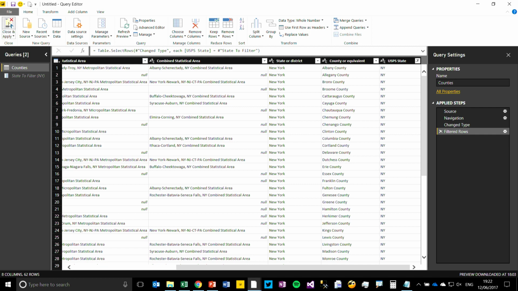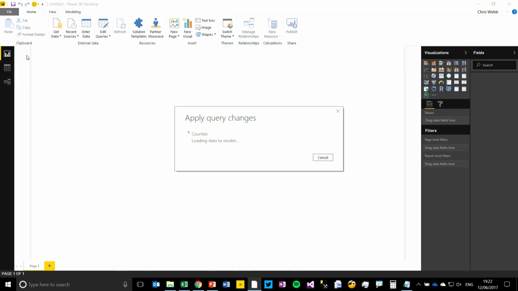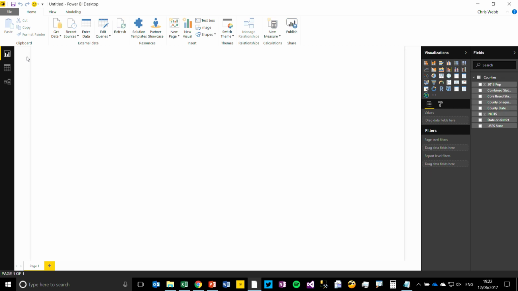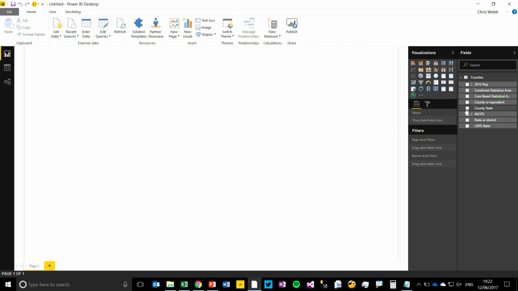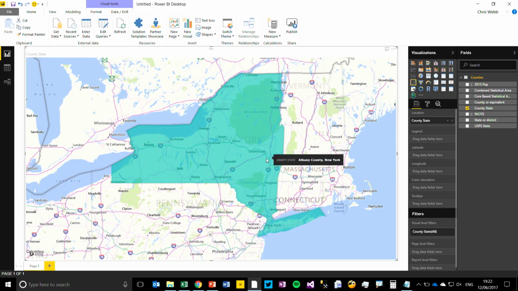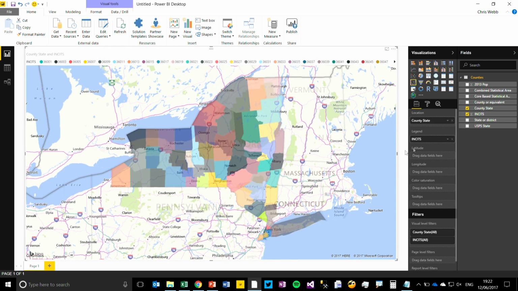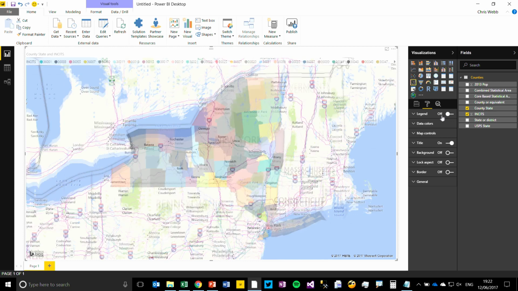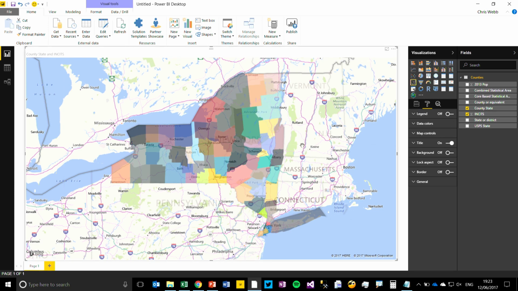At this point, in order to keep everybody interested and awake, I'm obliged to do a kind of nice visual demo. Visual is not really my strong point, but let's say now we've got our list of counties. Let's take county state here. Let's put this on a filled map. There's New York State. We've got a kind of unique identifier for each county. I'm just going to drop that onto the legend. Let's turn that legend off. But here we go. We've now got an attractive patchwork data visualization showing all of the different counties in New York